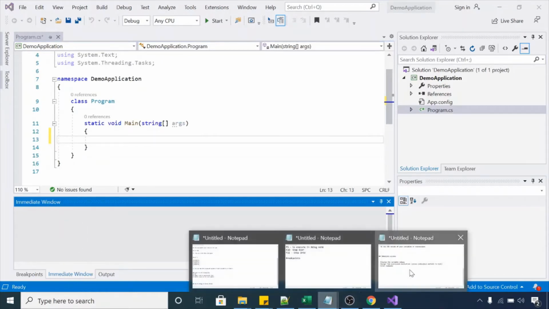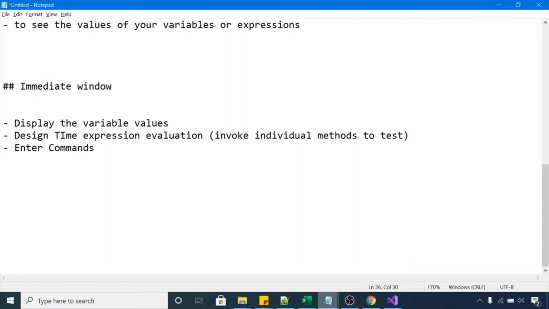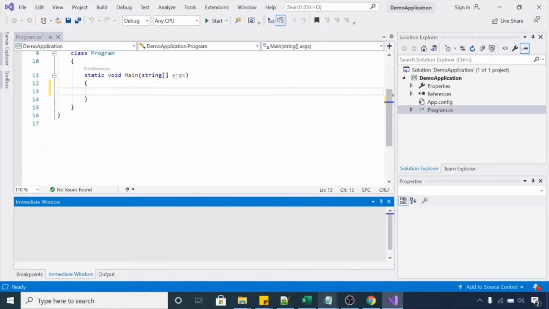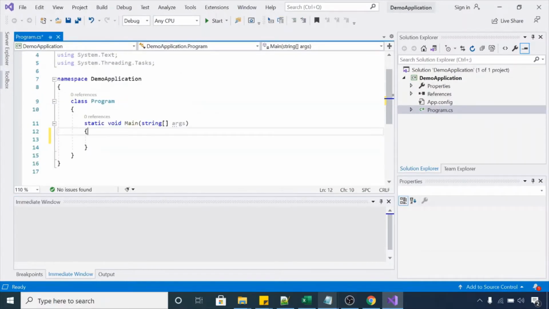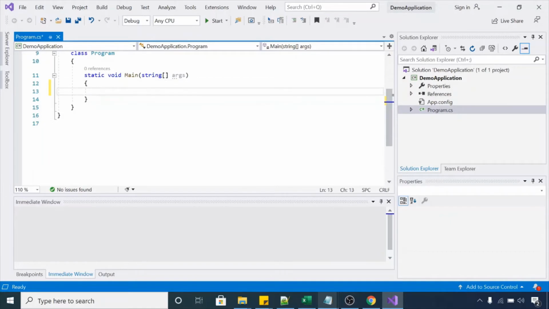Now let's see what the benefits are. First of all, we will see the demo of displaying variable values, how to display the value of variables using the immediate window. Our Main method right now is empty. Let me create some expressions here. Again, I will use an addition example like we saw in previous demos.